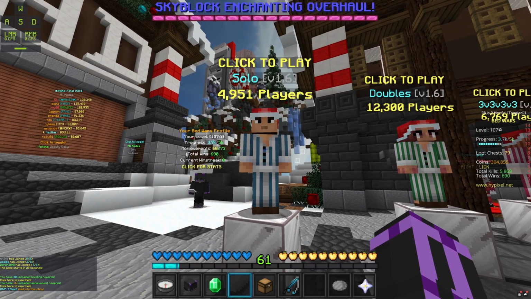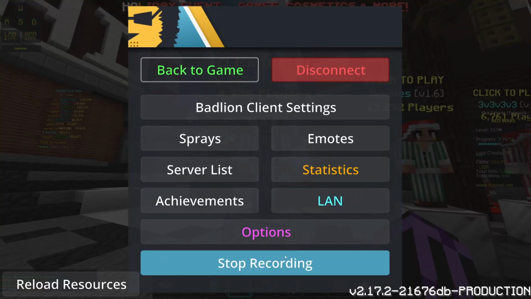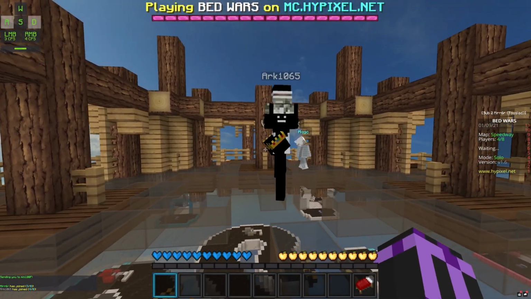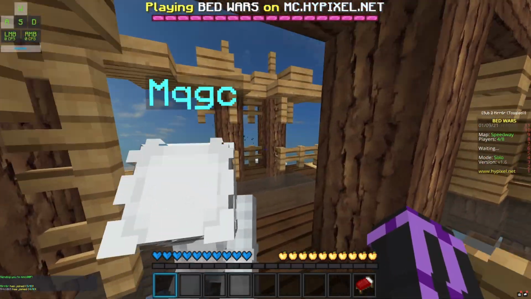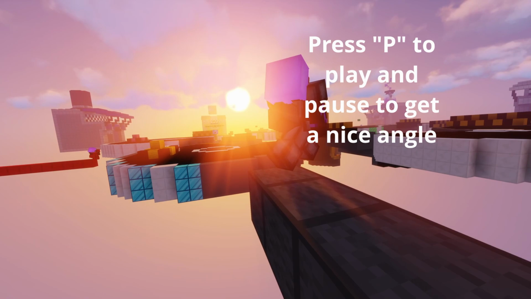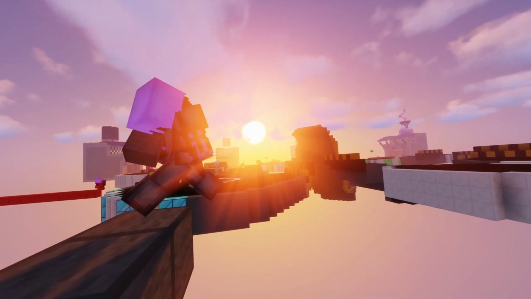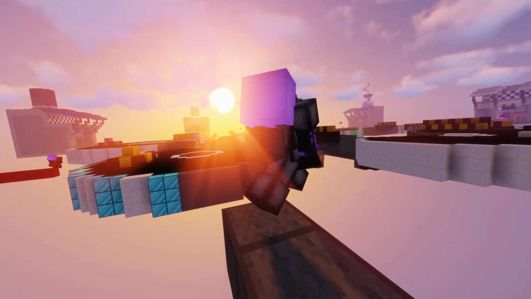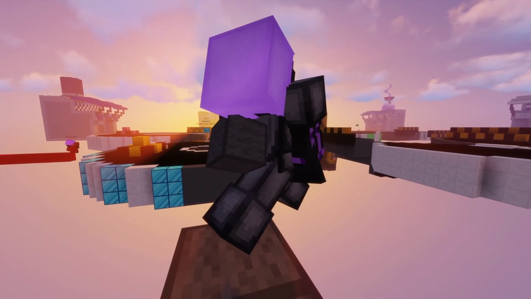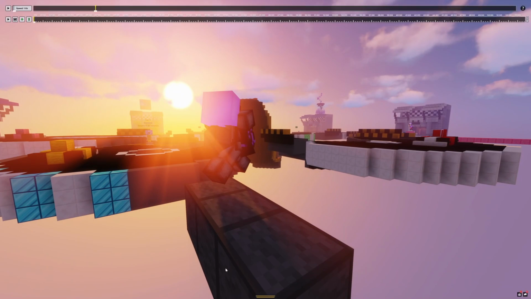Alright, once you've made sure that replay mod is on and you are recording, just go into a match and play it out to get your clip. Alright, let's say you've played it out, you've played, paused, all that, and got the position that you want, and this is it. So you then walk up to your player, however you want,